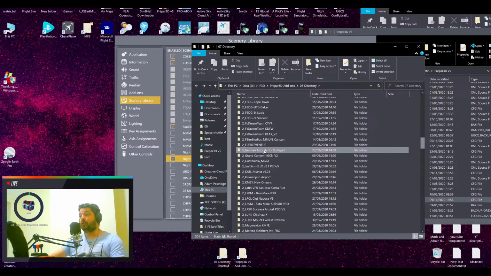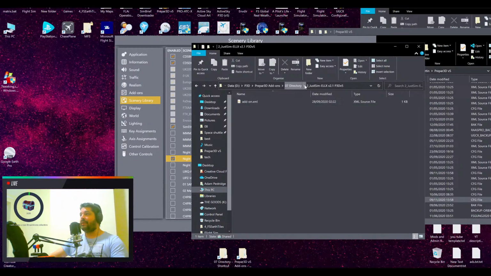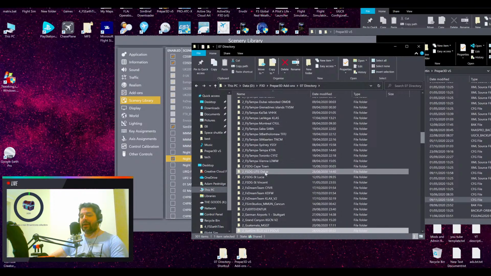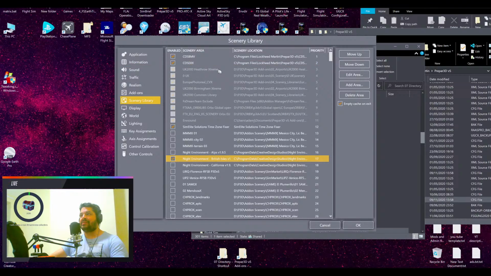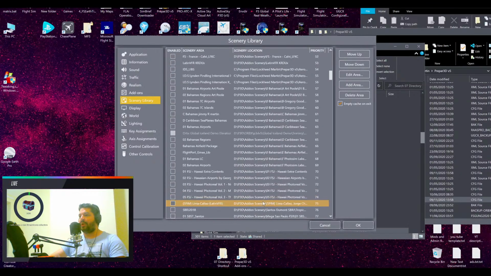Some of them are from version 4 that I have yet to update to version 5, and most of them are for version 5, but they're all XMLs. And anything can be an XML as long as in your scenery library it's going to sit at the top of your library. So that means airports, mega scenery mapping, and some scenery items that don't need to be layered all the way down here,